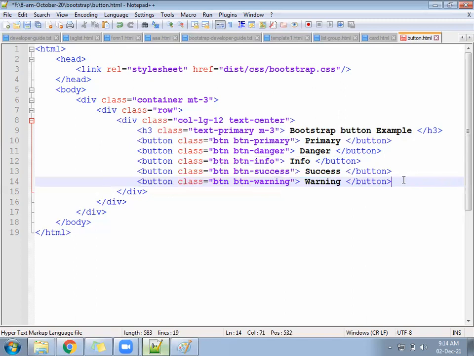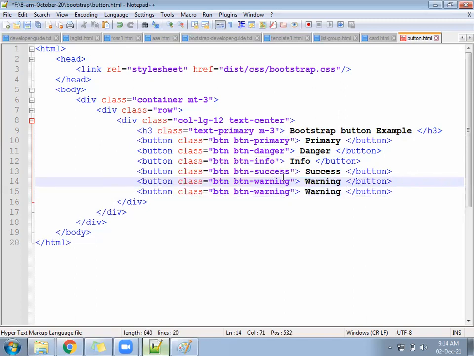Next is called secondary. So primary, danger, success, info, warning, danger, secondary, in that sequence.